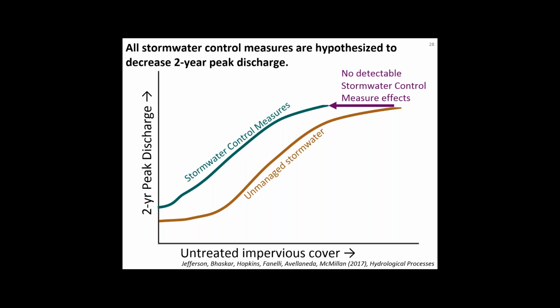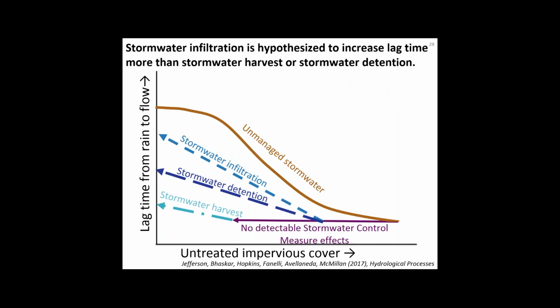in a pre-development condition. And some reasons for that might be that these stormwater control measures have some kind of storage volume, and when that storage volume is exceeded, there might be bypasses or overflows, and so just the raw measure of treating the impervious cover with stormwater control measures doesn't necessarily mean all the effects of that impervious cover are completely removed. So the next plot shows a similar type of idea in terms of the x-axis has